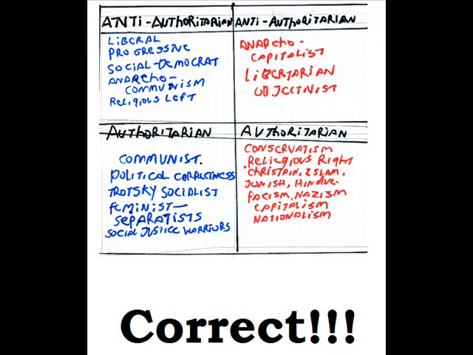Now, this is my chart. This is the one I made, and it's the most correct one there is. I got them all categorized, and it's there. There's a lot of misconceptions about the left and the right, and the right wing are the most misleading of all the two spectrums of politics, because they have more to lose. They have empires to maintain.